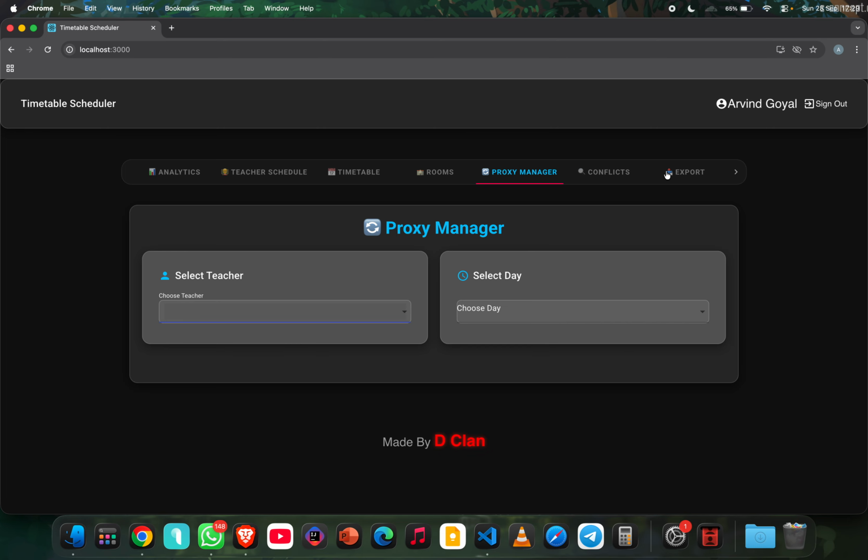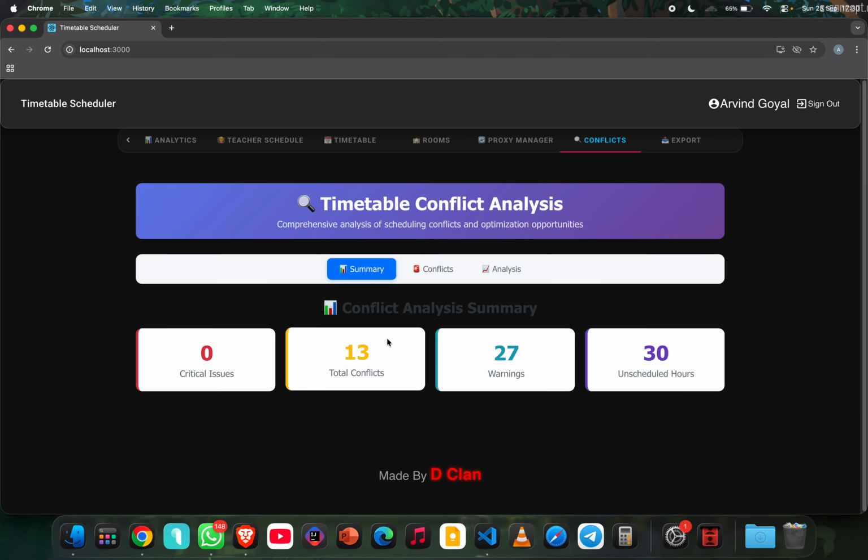And the next thing that we have added is conflicts. This section mainly tells us the conflicts and analysis of our timetable. Suppose we are assigning more lecture hours to a teacher than required, so it will show it as a conflict. Or we are under-assigning, or some of the rooms are under-assigned, or some teachers are getting more hours. So we have added some constraints, like in a day a teacher should have at least one free lecture, and if we are violating that constraint by assigning too many continuous lectures, we are not giving he or she a free slot,